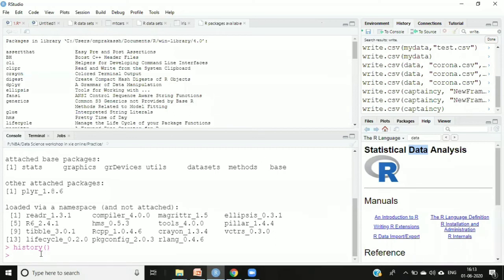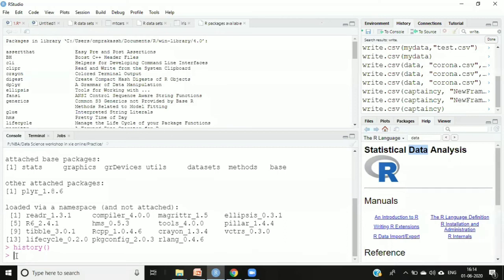Later also we will see the history command again, and we can save that history in a file. At the end of the day, whatever commands we have fired, we can save in one particular file. No need to write each and every command; just fire one command and it will write to a file. So what is the command to write to a file?